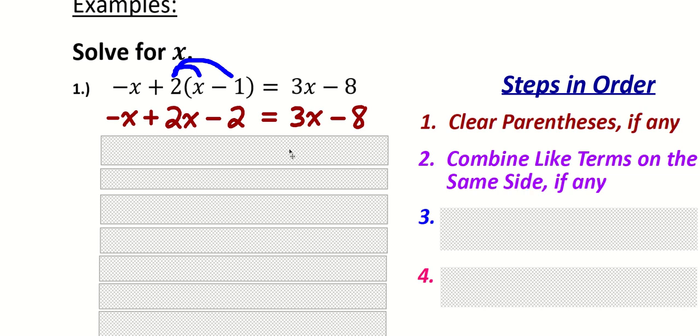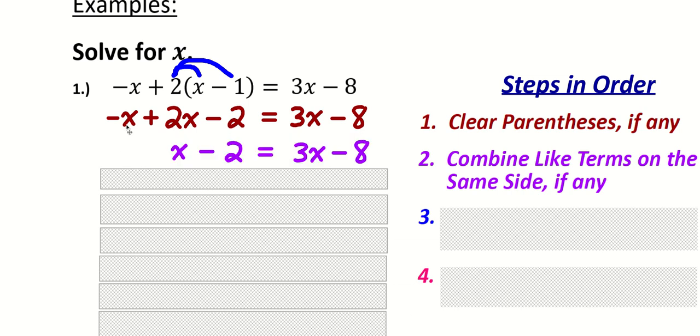We're not going to be moving them, okay? We're literally just going to do negative 1x plus 2x because they're already together on that left side. So negative 1x plus 2x, that just combines to make positive 1x. The minus 2 drops down. This entire right side just drops down. And now look what we have. Okay, it's getting a little